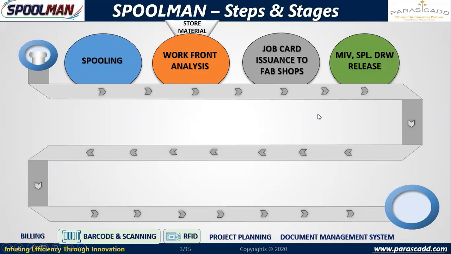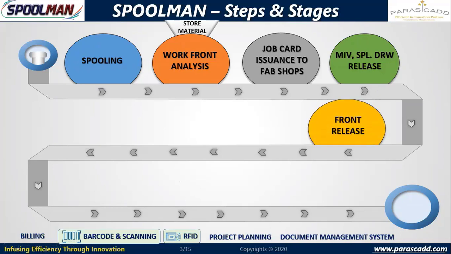Now the fabrication contractor, based on the job card and material pick list, will collect the material from the warehouse, whatever is issued from the warehouse. Sometimes instead of 100 meters of pipe, I will be issuing 108 meters, 12-meter pipe into 8 pieces. So I can issue a little more, and the excess material issued will also be recorded and managed. Whatever material is issued will be issued through MIVs, that is material issuance vouchers, along with the fabrication drawings. Now, this is called front release.